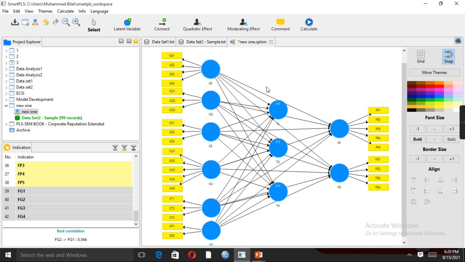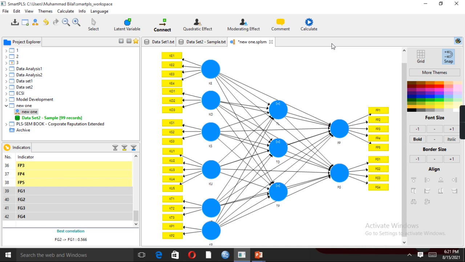So we need to connect the impact of all of the mediator variables towards the dependent variables as well. So like this, connect. So team learning also impacts firm performance and firm growth. Team development impacts firm performance and firm growth, and similarly team performance also impacts firm performance as well as firm growth. So like this. So now we completed the mediating path of team learning, team development and team performance between all six independent variables and the two dependent variables as well.